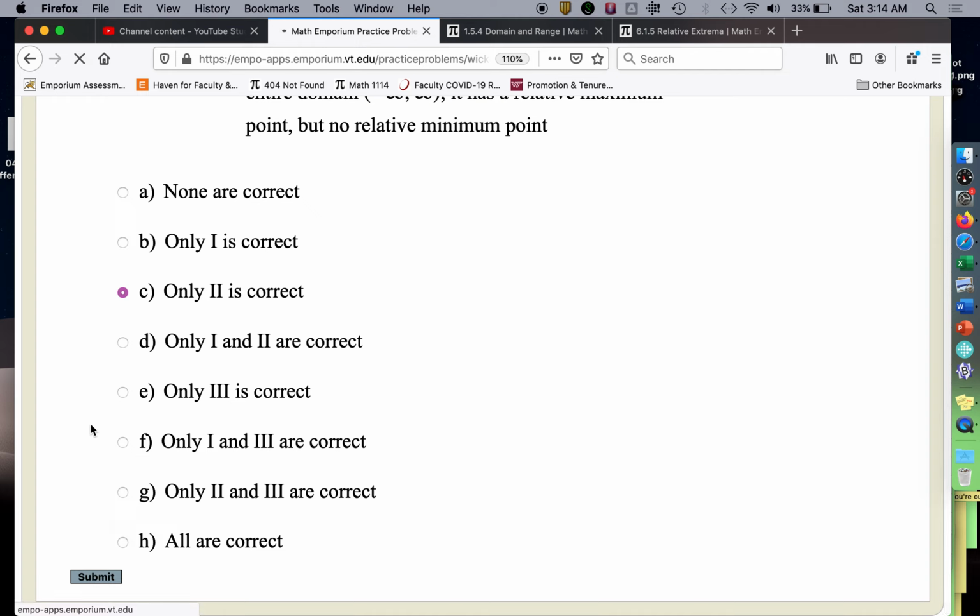Be sure to practice this one several times. Do another like this and another like this and another like this until you're really sure you're comfortable with all of these.